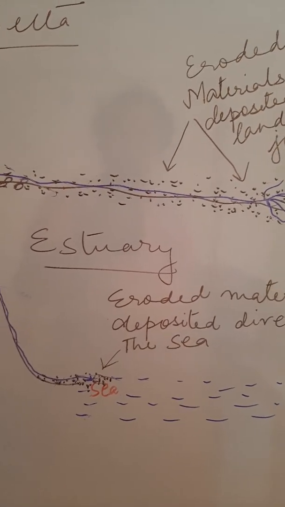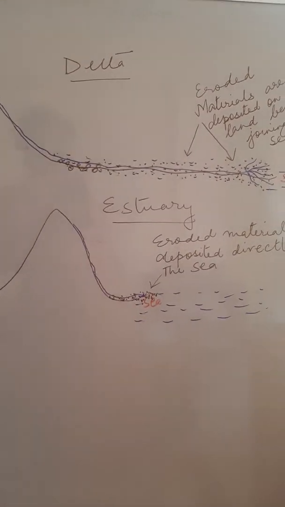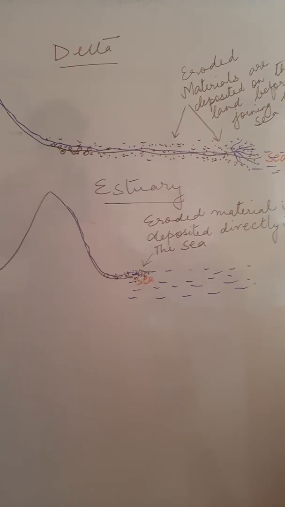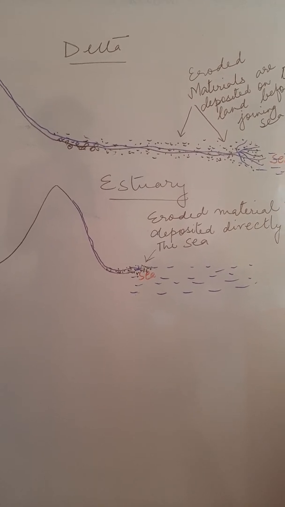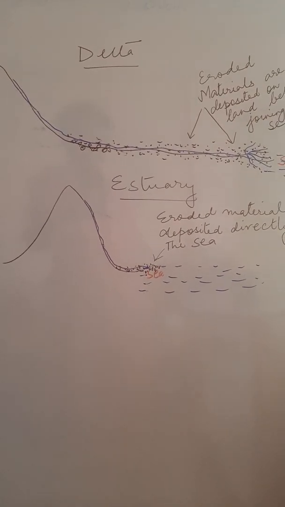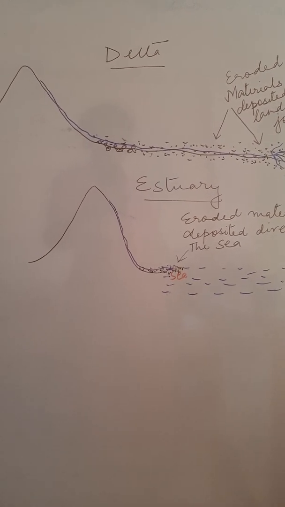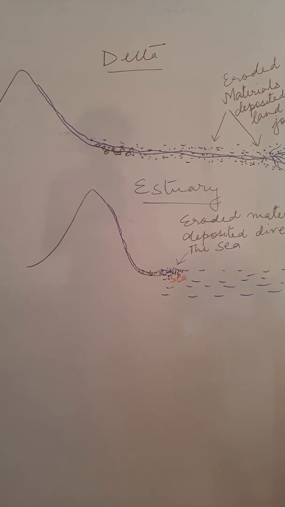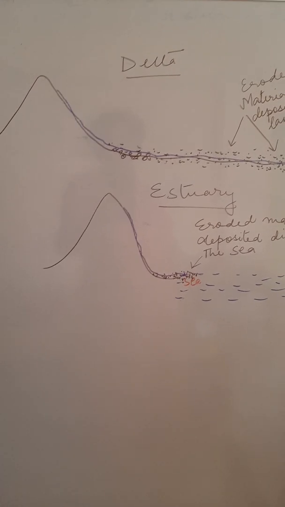So next day, children, as most of the terms have been discussed, we will start with the map work, and after that, if there are any more terms that need to be discussed, I will discuss them again. So children, take down the diagrams that I have shown you today, the drainage pattern diagram and this delta and estuary diagram. I feel that a lot of doubt related to the chapter will be cleared and you will be familiar with these terms very well.